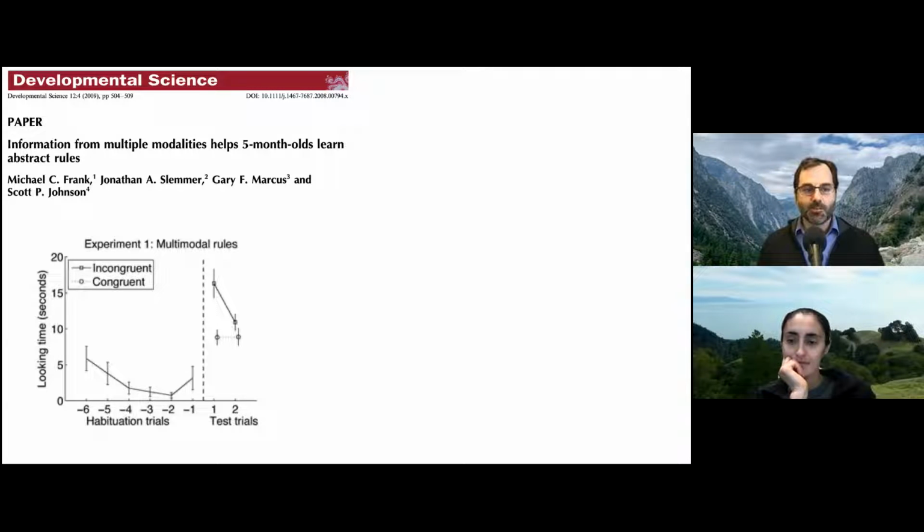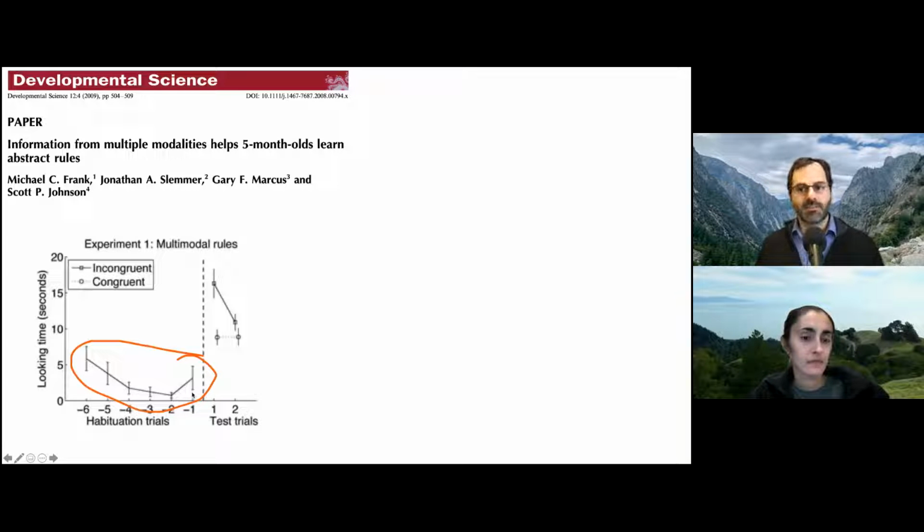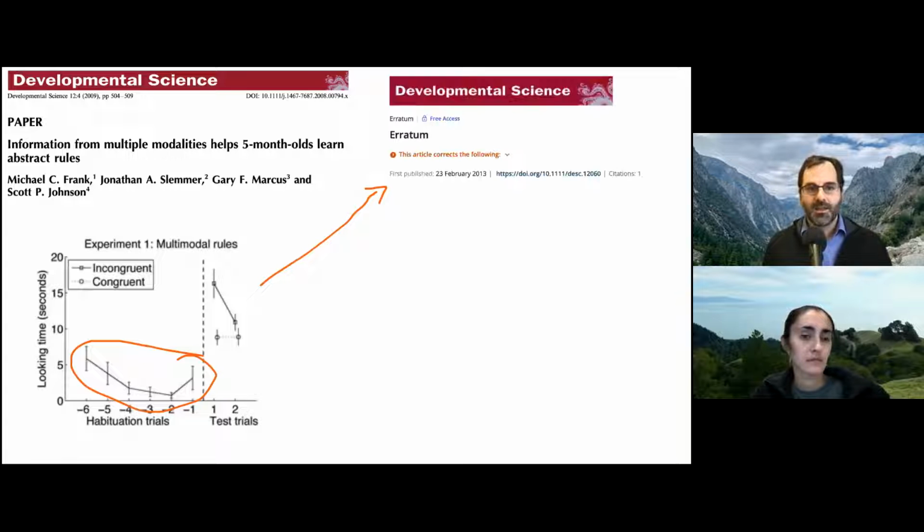And I noticed something really weird. This graph, which is showing infants' looking times, was showing looking times below 5 seconds for the entire experiment. This seemed totally crazy to me, because infants in this experiment would fixate for many, many seconds, sometimes 60 seconds or 30 seconds after a couple of trials. It seemed very odd. Unfortunately, it was odd. There was an error in the analytic code for producing this figure.